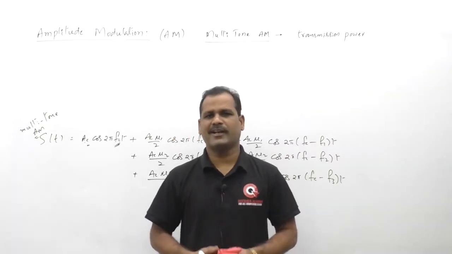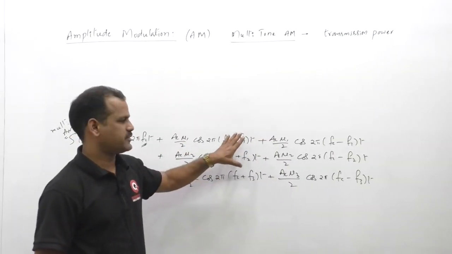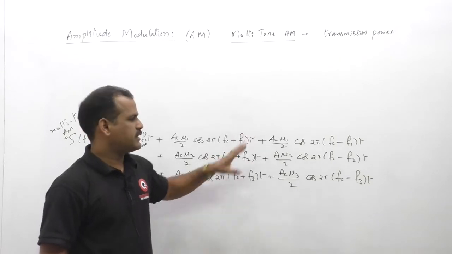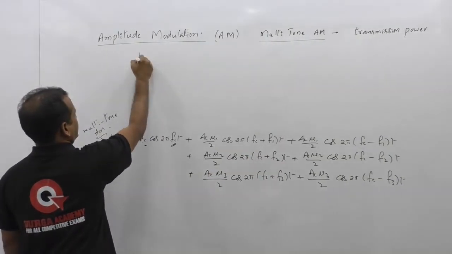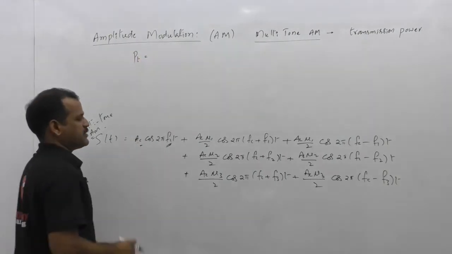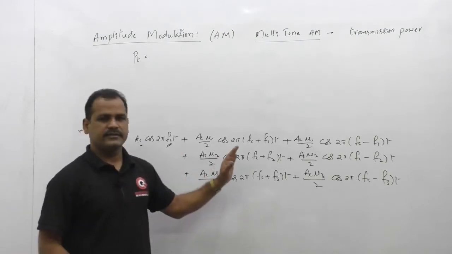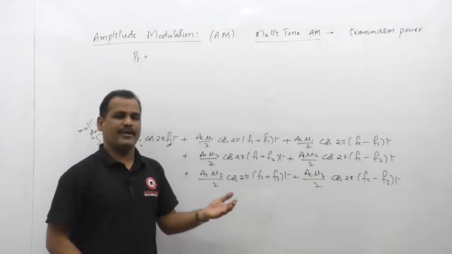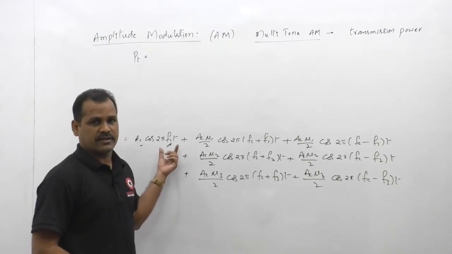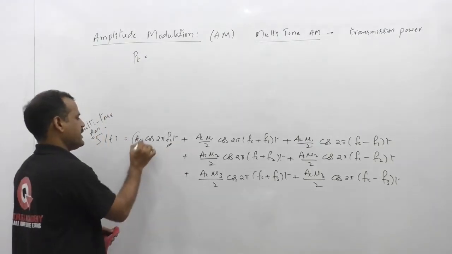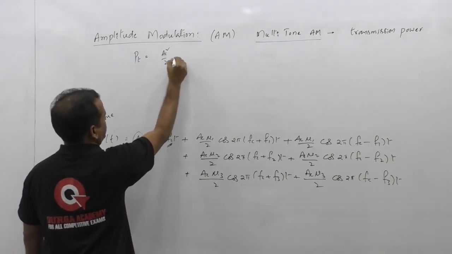Now to calculate the transmission power of this multitone AM, I have kept this equation as it is without erasing. So by using this equation, the time domain multitone AM signal, let us calculate the total transmission power requirement for this multitone AM. Each cos signal has some amplitude. Amplitude square divided by 2 gives the transmission power of that particular cosinusoidal signal. So here the amplitude is AC, so the transmission power for this is AC square by 2, and